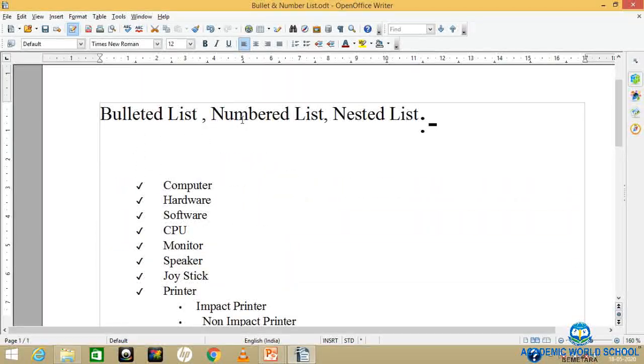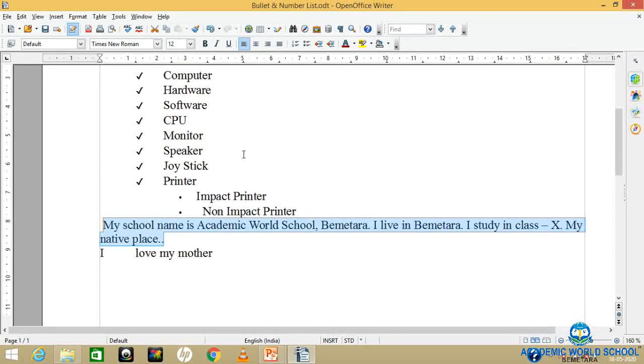Left alignment, center alignment, then right alignment, and then justify alignment. So four horizontal alignments are there. There are shortcut keys also given. For left alignment, Control plus L. Write it down everyone.